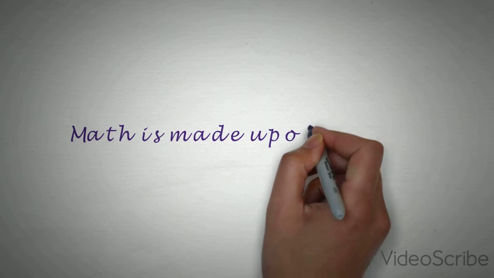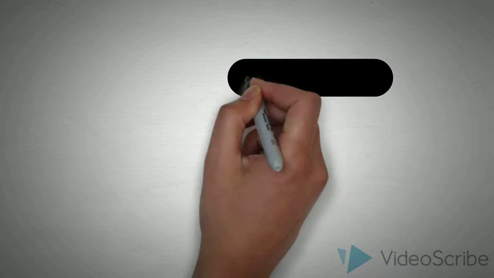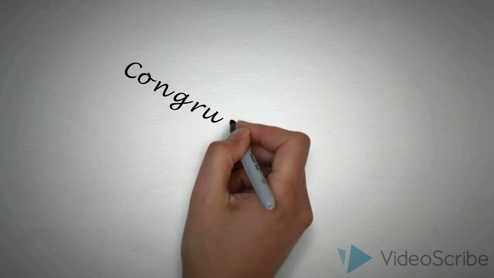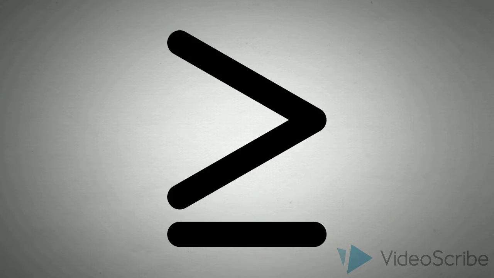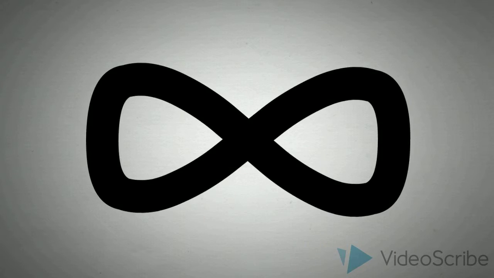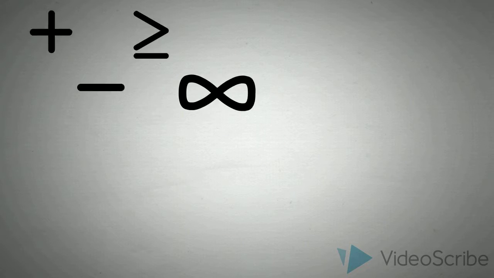Math is made up of symbols. There are all kinds of symbols in math. The division symbol, the equal sign, there's the congruent symbol used in geometry, there's the greater than or equal to, infinity, addition, subtraction, multiplication, there's the alpha symbol, there's theta symbol, there's the percent symbol, there's all kinds of symbols